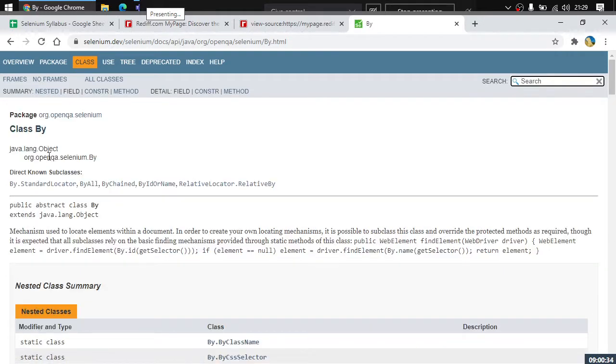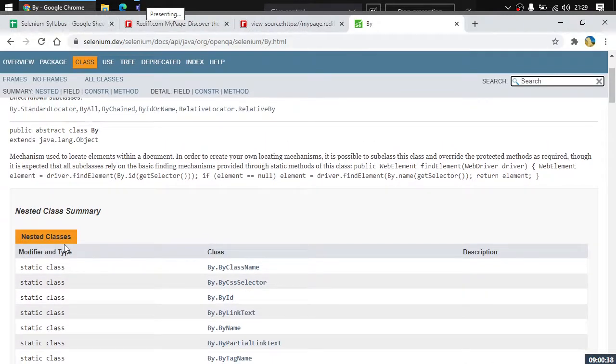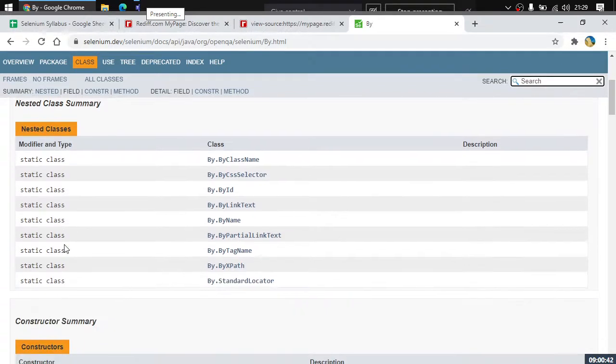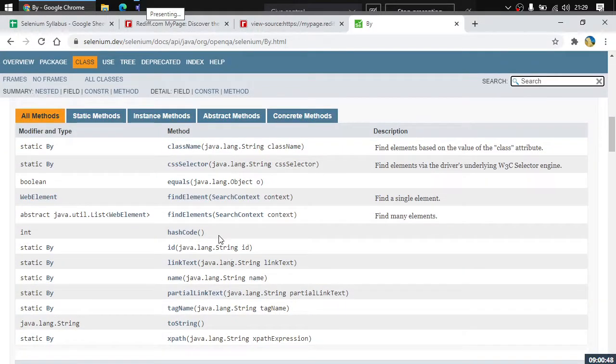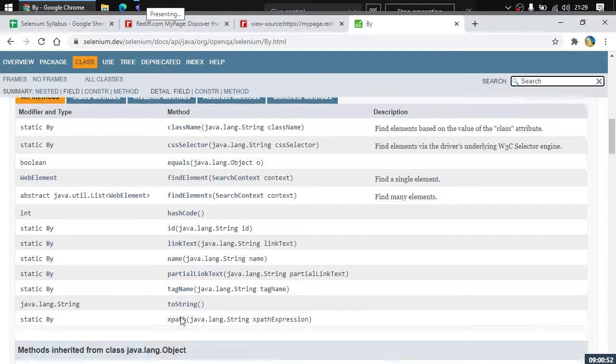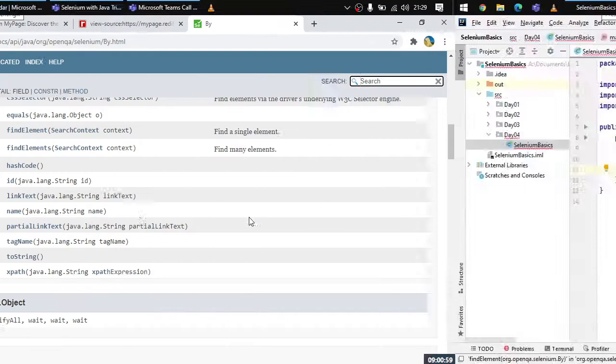What is this By class? The By class provides a mechanism to locate the elements within the document. There are different types of mechanisms. We have class name, CSS selector, by ID, and a lot of other things. One of the methods that we will be dealing with is ID. We will be specifying the ID to locate the element.